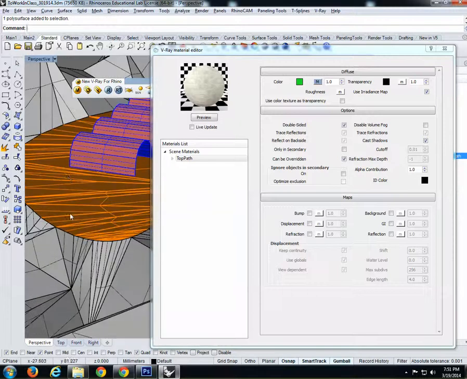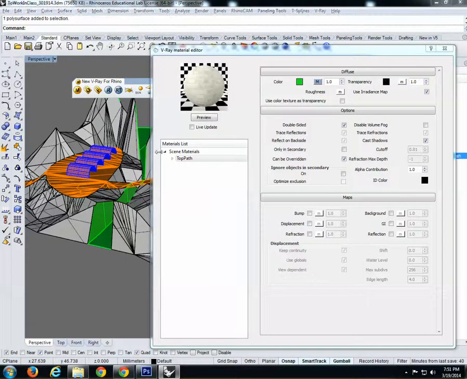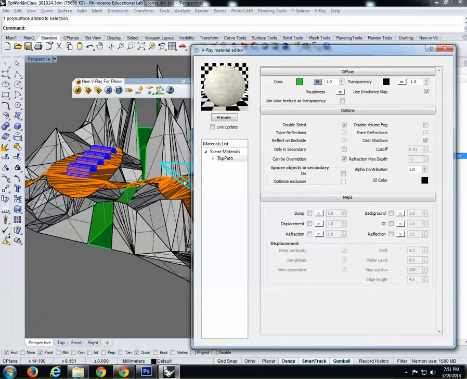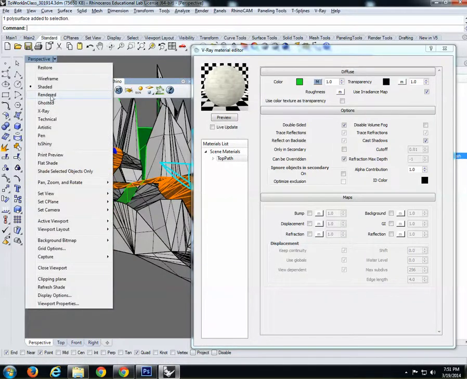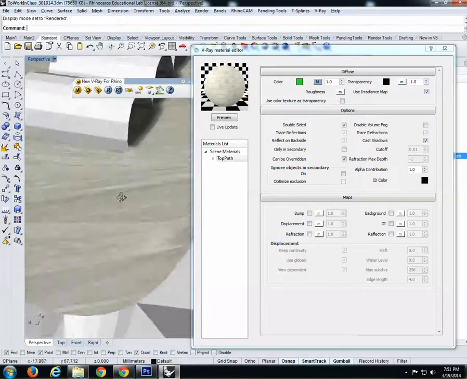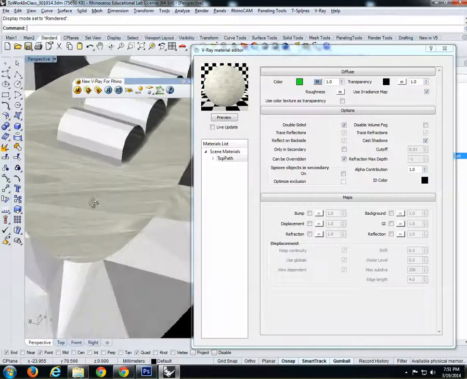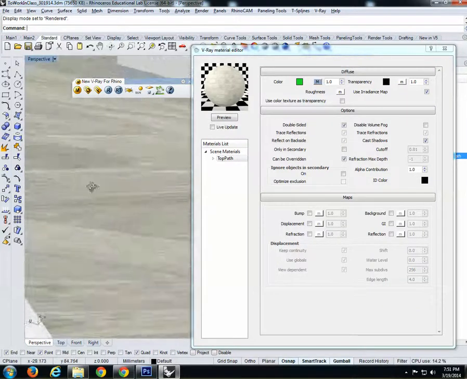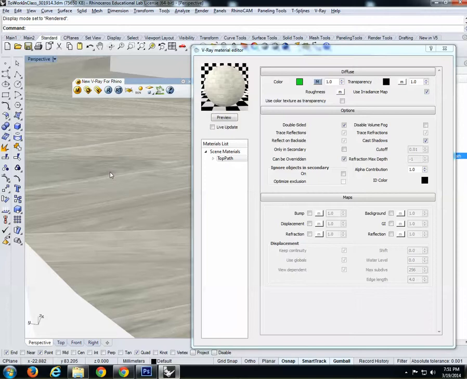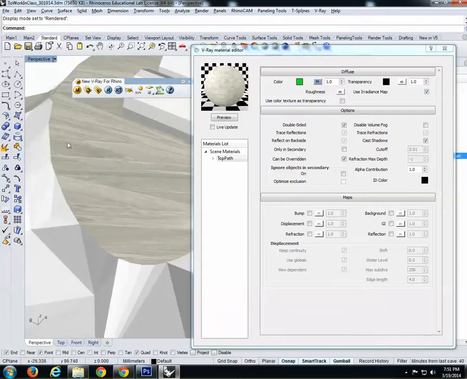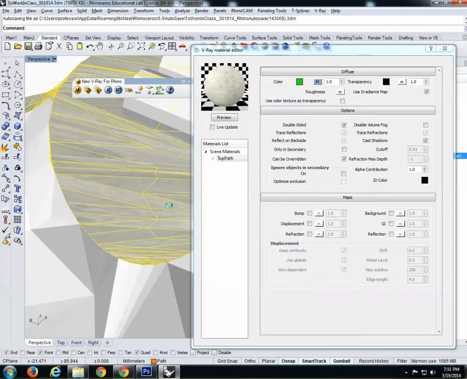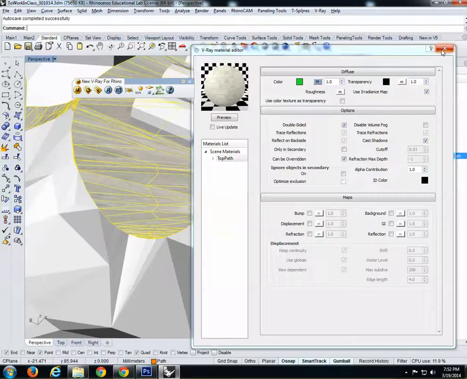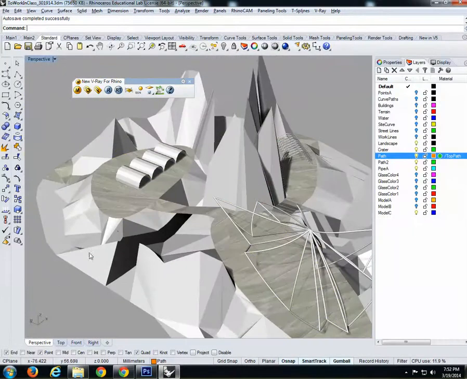Now as you can see, we cannot see it in Rhino. The way to see it in Rhino is as simple as right clicking here and saying I want to see it rendered, and there it is. Okay, now it looks quite not good. It's trying to do its best to adapt itself to this weird triangulation, okay? So for most of the materials that are associated with an image, we're going to have to do what is called mapping, okay? So at this point you can close this, select whatever you want to map,